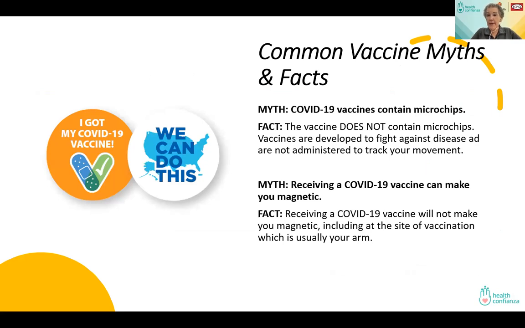So, more common myths: the vaccine contains microchips. I'm sorry, the vaccine does not contain any microchips. That's one I've heard many, many times from people in the communities. They're just developed to fight the virus. And many times this leads to a discussion about what microchips are and where they are available. We talk about phones, and other things that people use on a daily basis that have microchips.